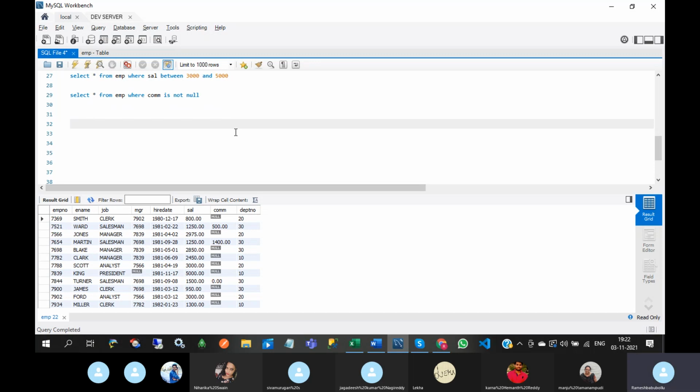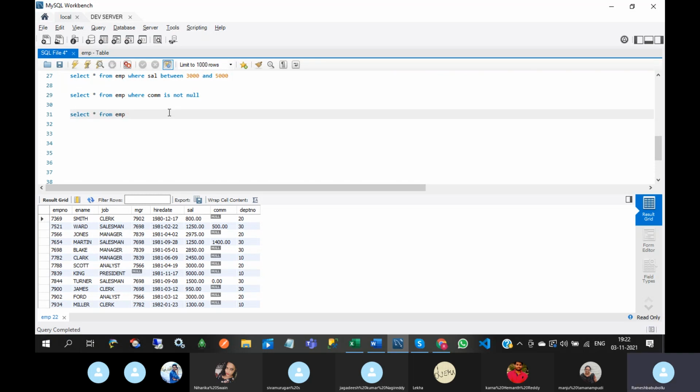First one is the number and order of the columns that appear in all select statements must be same. Second one is data types of columns must be same or compatible.